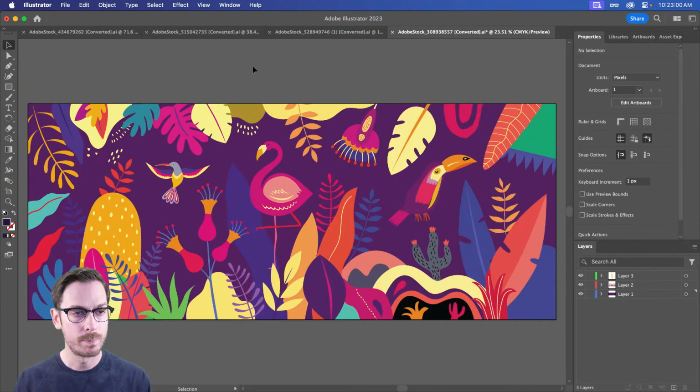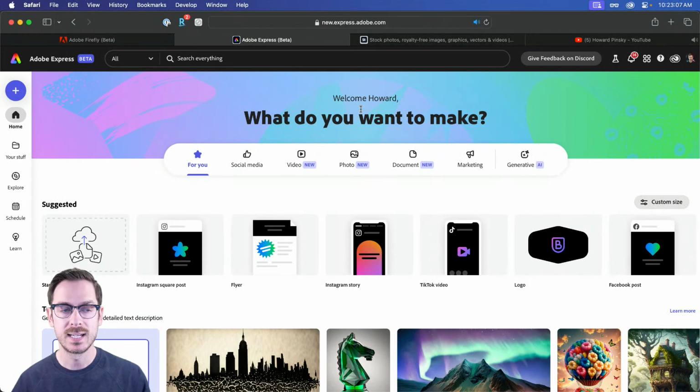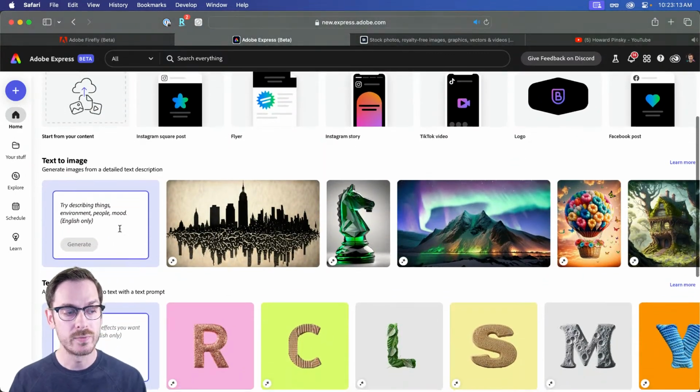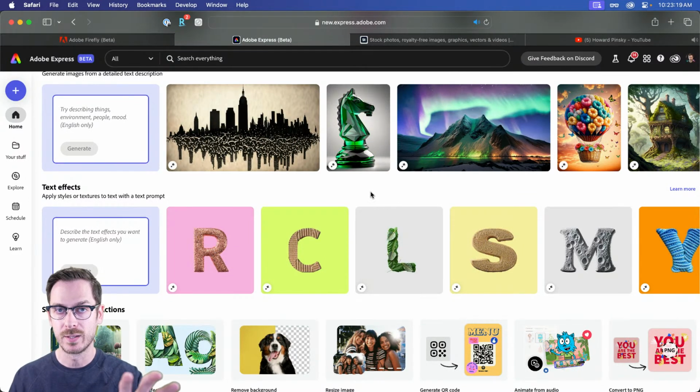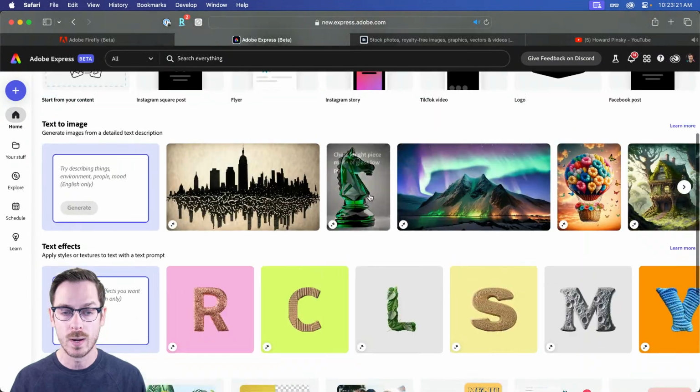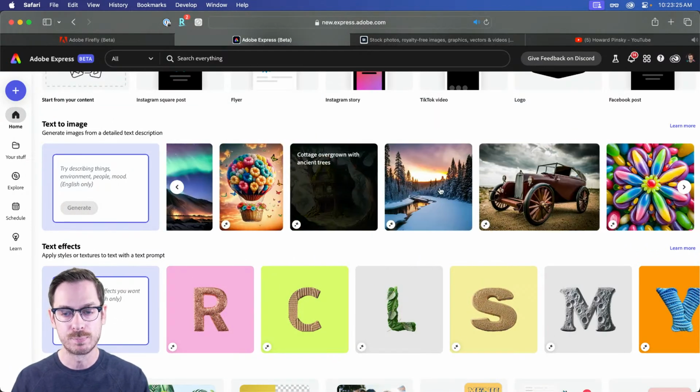All right, let's hop back over for a second to Adobe Express. So Adobe Express is, I believe, the newest property to have Firefly built into it. So down here at the bottom, we've got text to image, which you just saw, and text effects. These work exactly the same as I showed you on the firefly.adobe.com website. So I'm not going to show you that here, but you can very easily get started with your Express projects